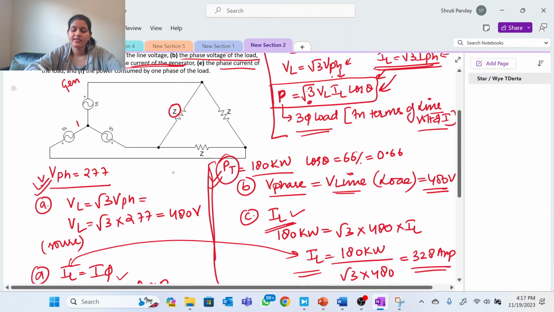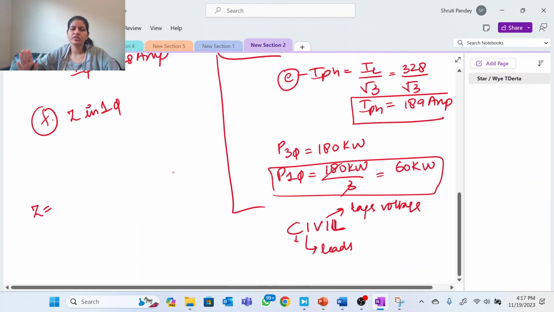Three Z's are there. This is impedance for one phase, impedance for two phase, impedance for three phase. All three are the same, but I'm asking only one Z value. If I ask for the total, then you will do 3 times Z. So if I want to know Z for a single